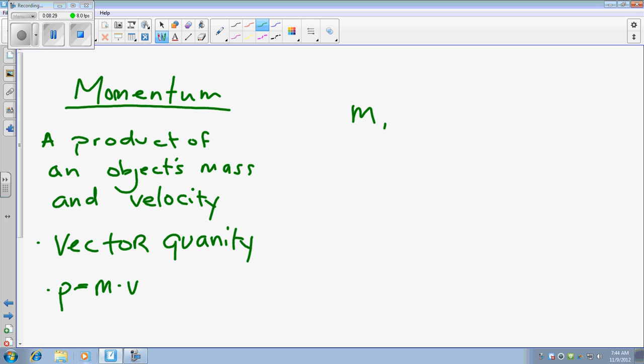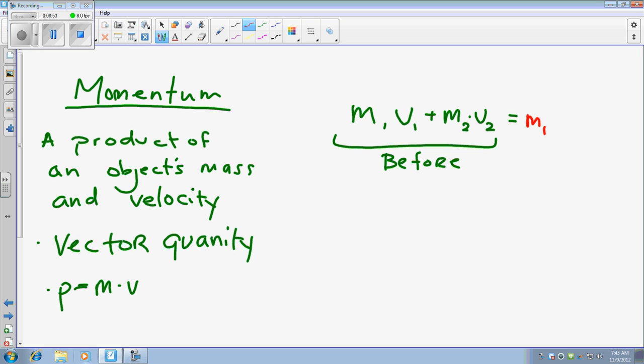We have the conservation of momentum, which is going to be the mass of object 1 multiplied by the velocity of object 1 plus the mass of object 2 multiplied by the velocity of object 2, and this is all going to be equal to this being before a collision takes place. The momentum before must be equal to the momentum after. So our masses most likely are going to stay the same. However, our velocities could change. So we could have a new velocity for each object